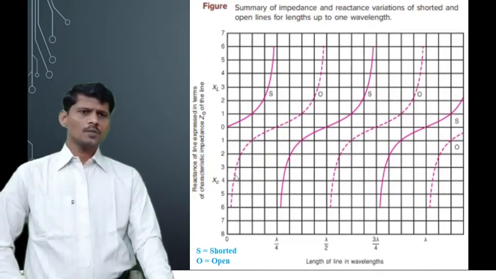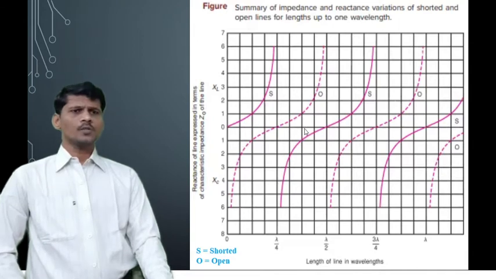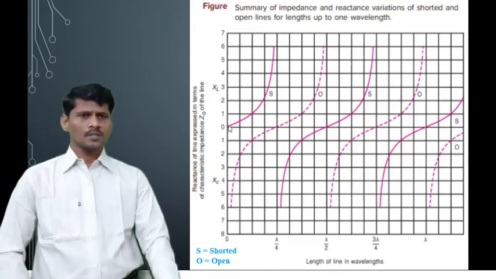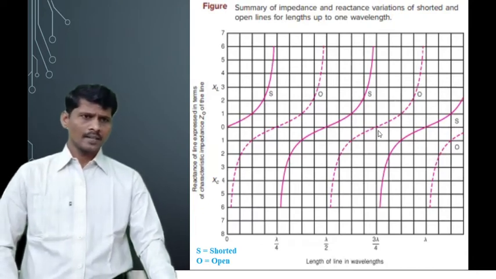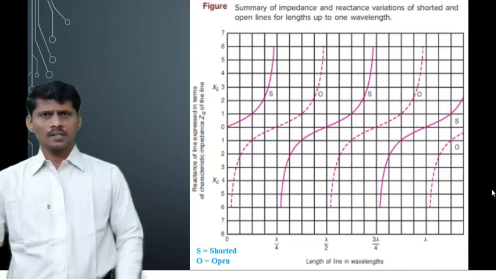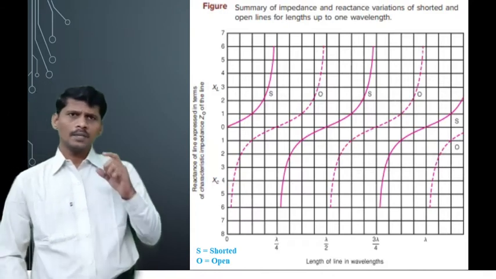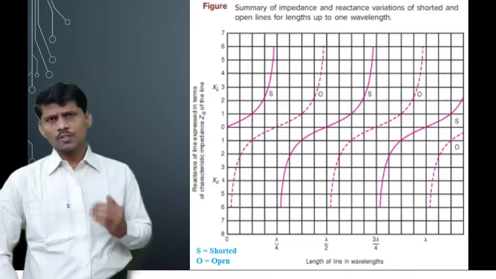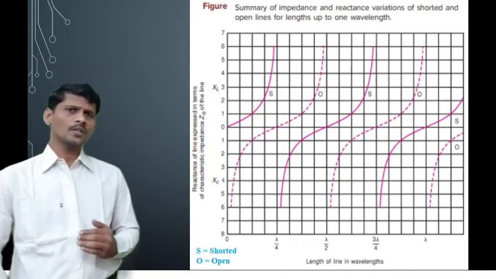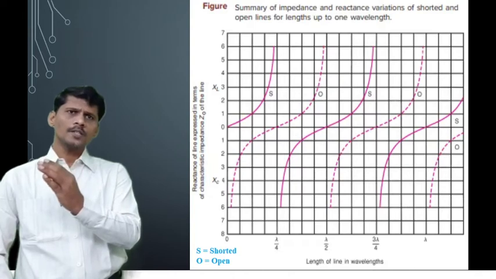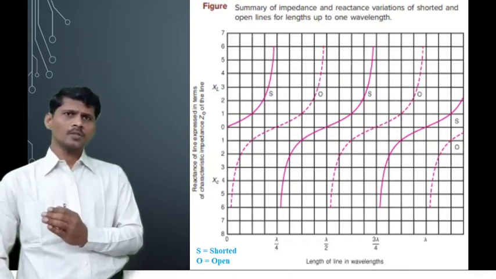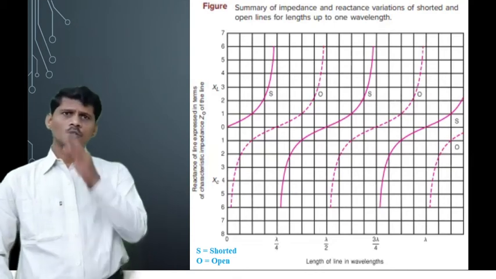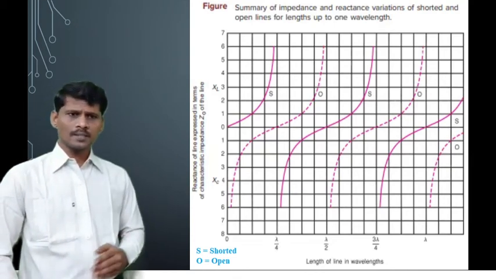So now here in this waveform, the dashed lines indicate the open circuited transmission line and the normal curve represents the short circuited transmission line. And the x-axis is the length of the transmission line, that is βL or L, and the y-axis is the open circuited impedance or short circuited impedance. So this is the graphical representation of open circuited impedance versus electrical length or transmission length, and short circuited impedance versus electrical parameter L.